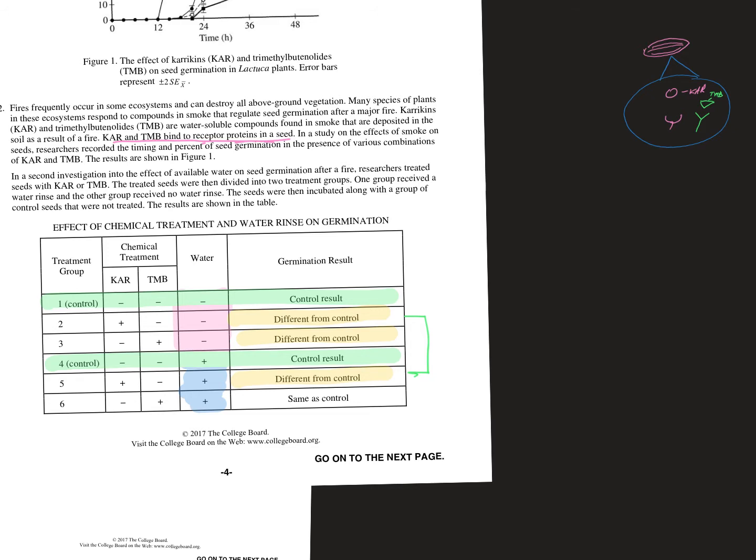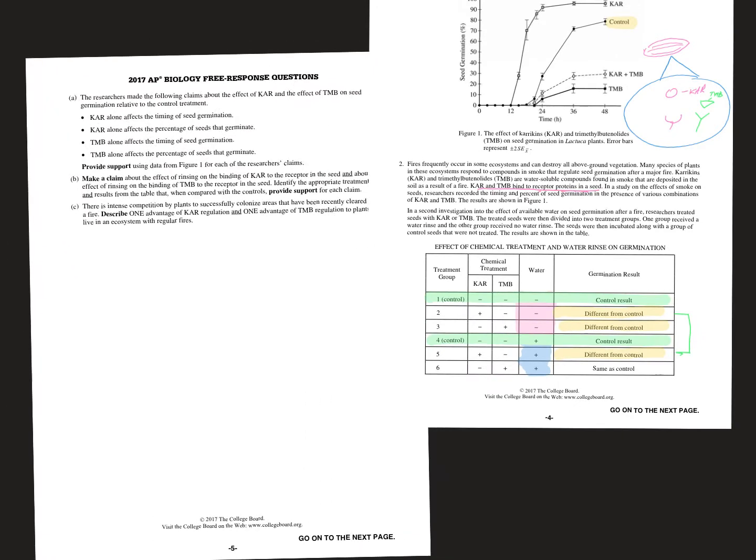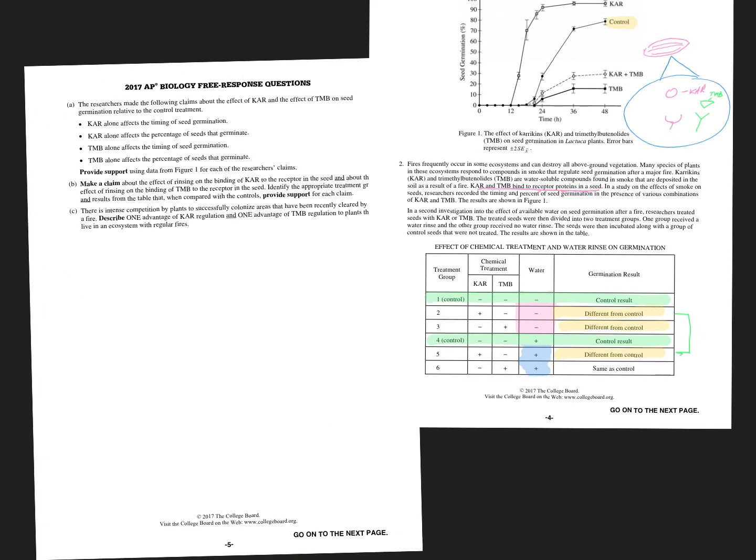So I already told you for A, I would have written that. But for B, let me make sure I'm getting this right, it says about the effect of rinsing on the binding of TMB to the receptor in the seed, identify appropriate treatment and results in units. All right, so my statement for B would be